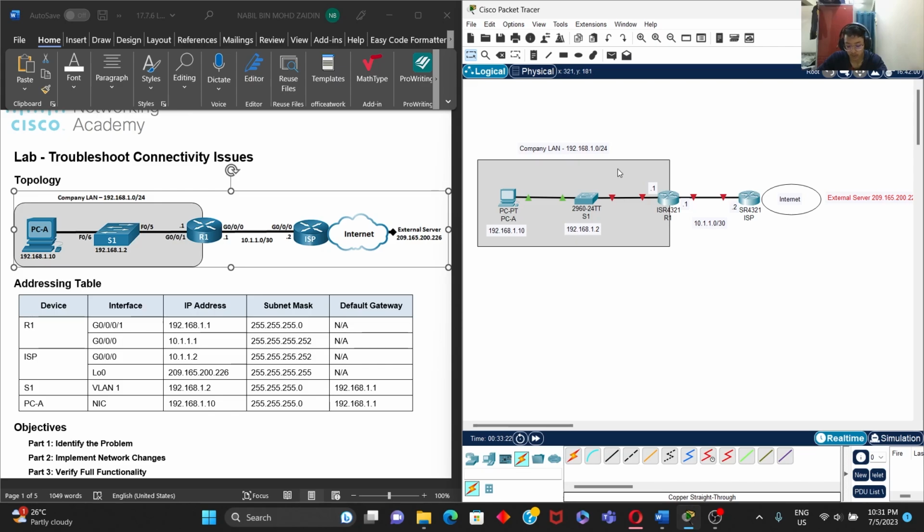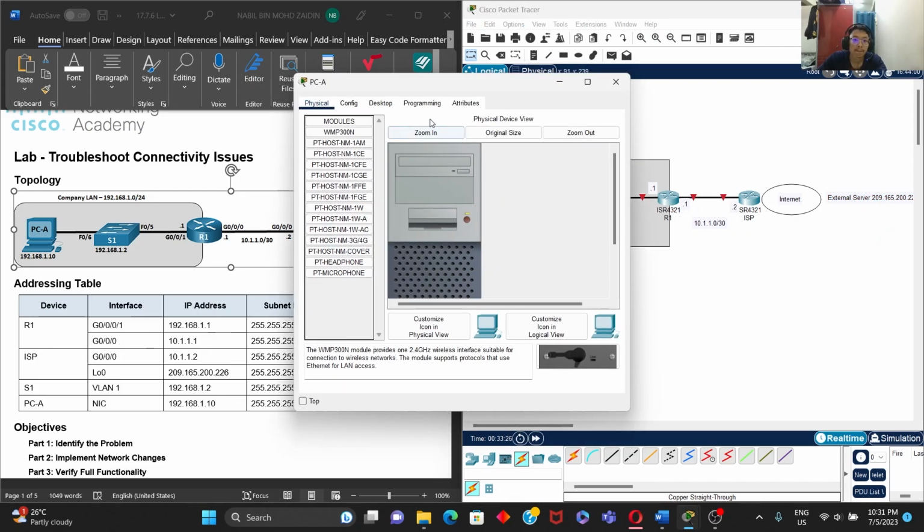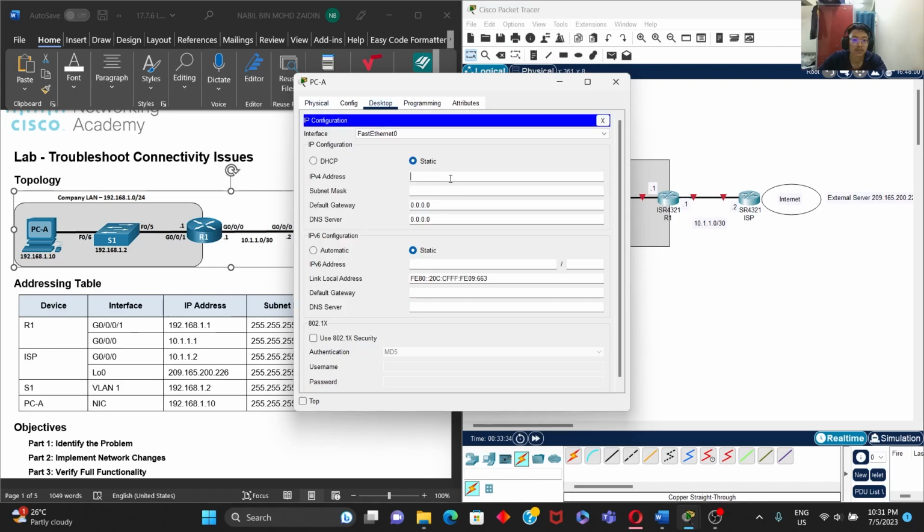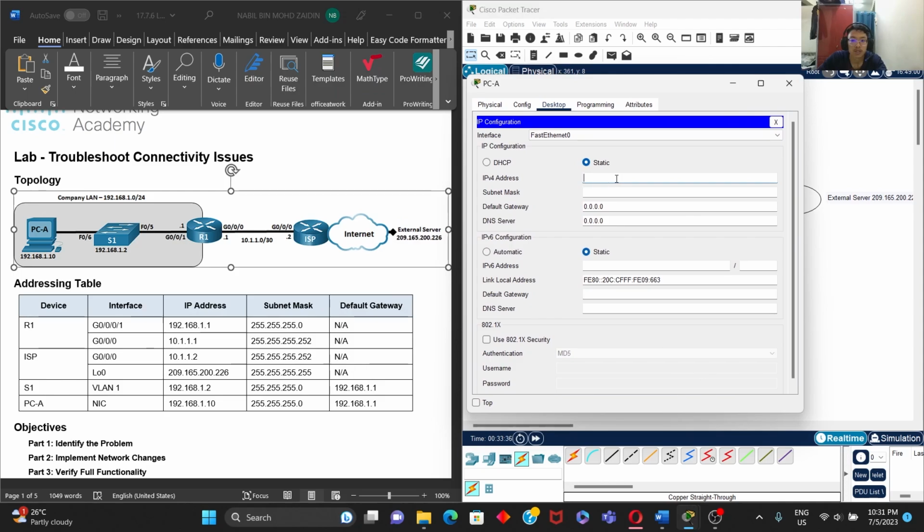After that, we will configure the IP address of PCA. To configure the IP address, we need to refer to this table. So for PCA, 192.168,